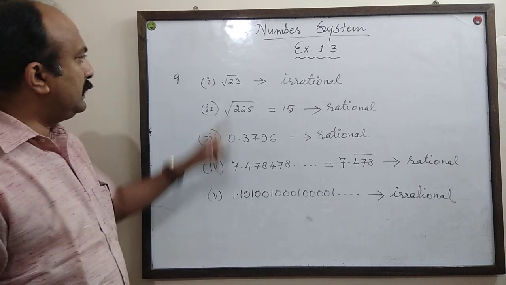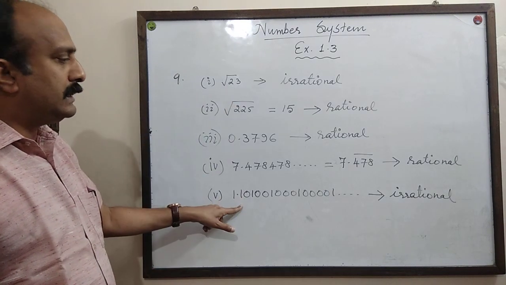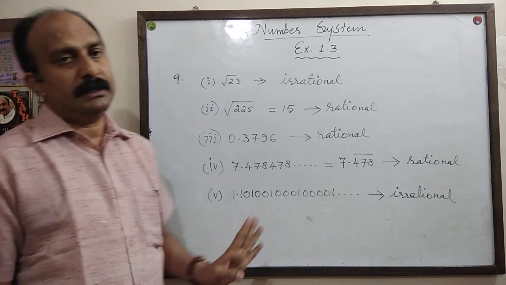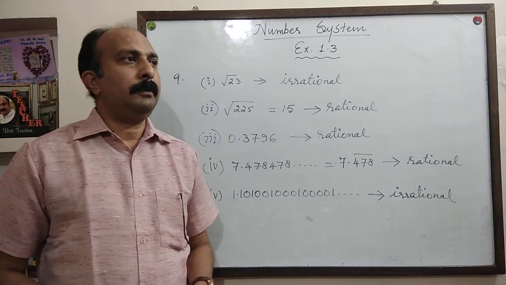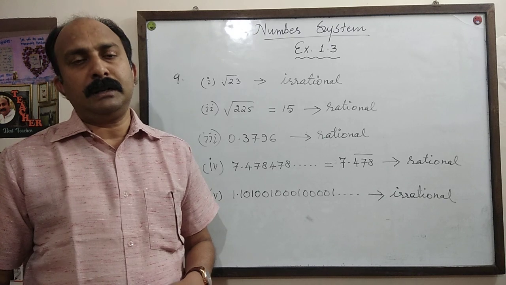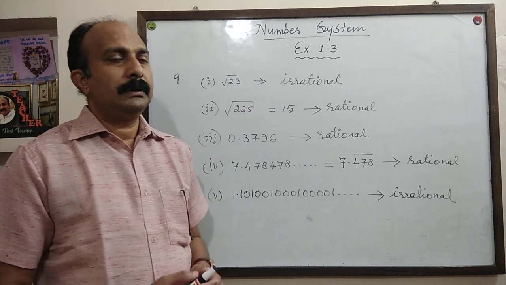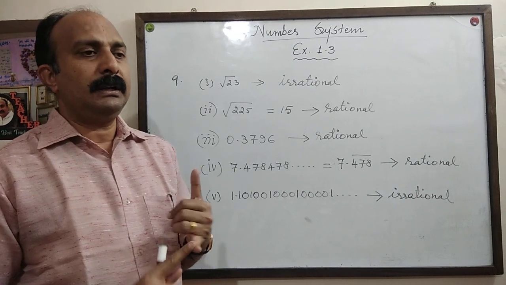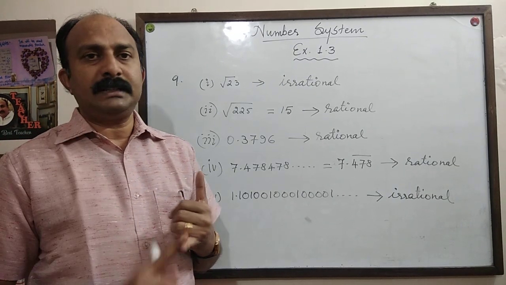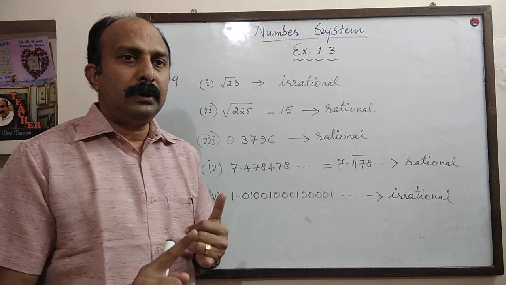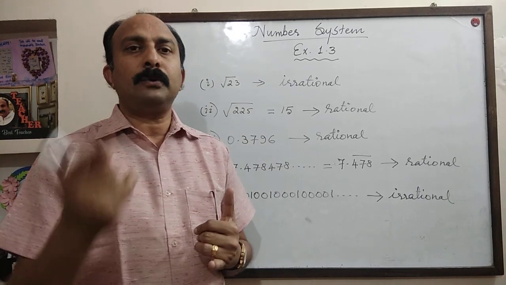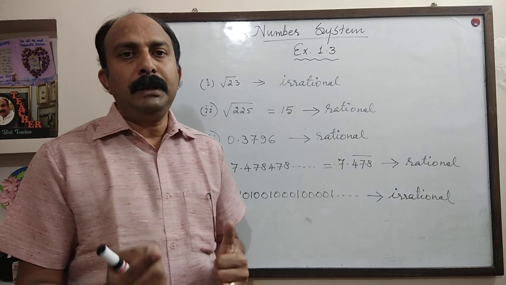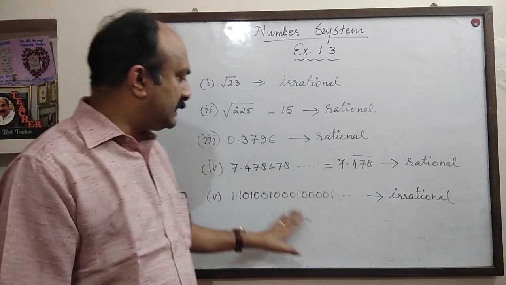So in this question, only the first one and the last one are irrational. These three are rational. So it is more about the properties of rational and irrational numbers. I conclude, rational numbers are of two types of decimal. All the terminating decimals are rational. All the non-terminating recurring decimals are also rational. But all the non-terminating, non-recurring decimals are